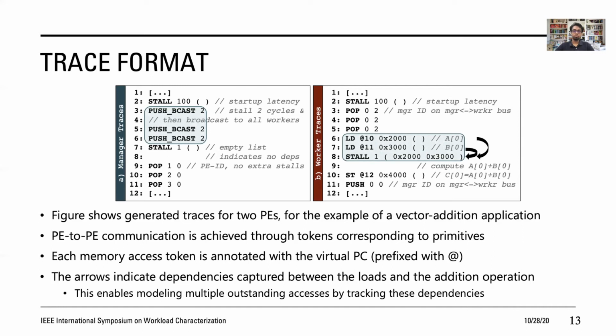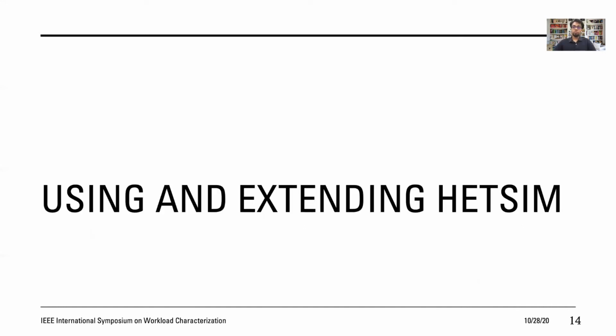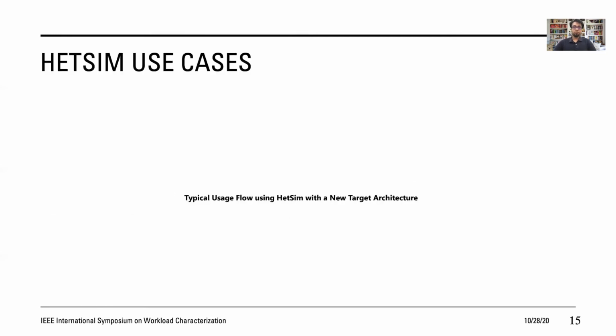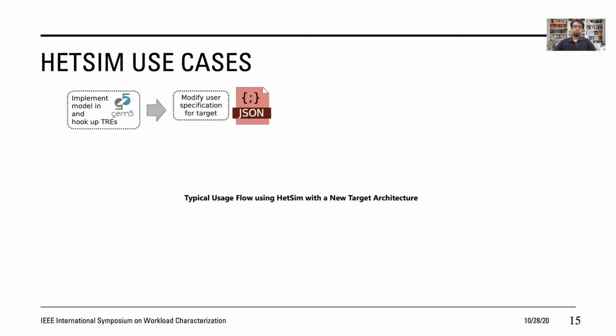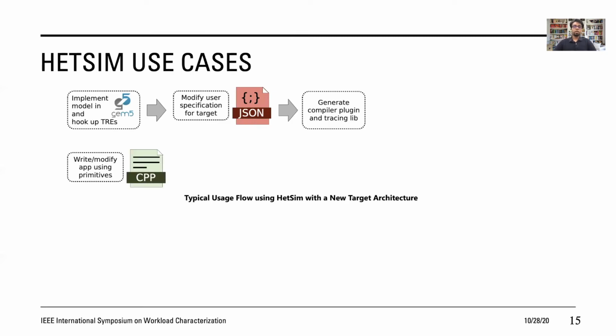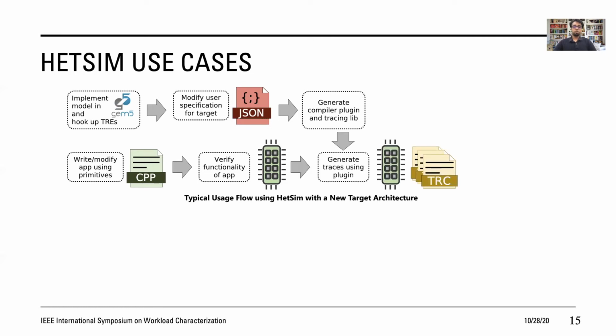We now move on to discuss some use cases of HetSim and illustrate how to add support for custom primitives. The typical use case when starting with a new architecture model is shown here. The user implements their architecture in Gem5 and connects the TREs, modifies the specification for the target, generates the compiler plugin and tracing library. The user then implements the application using HetSim primitives, verifies the functionality of the application, generates traces by running the instrumented binary, and finally runs the traces through the TRE-enabled Gem5 model, and this gives the